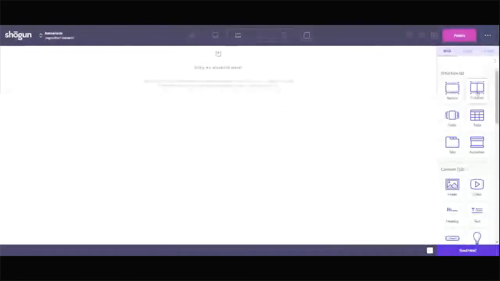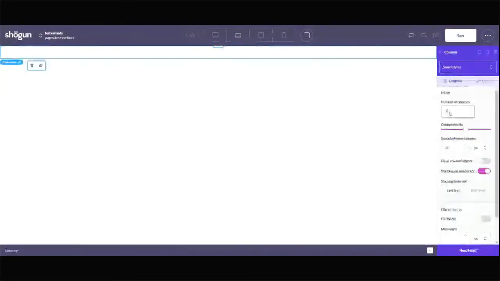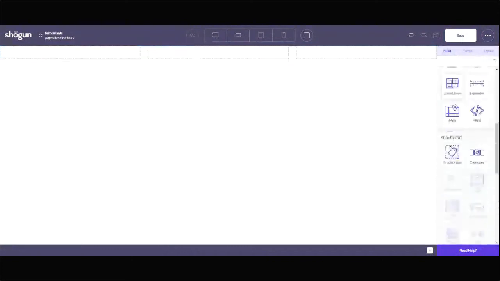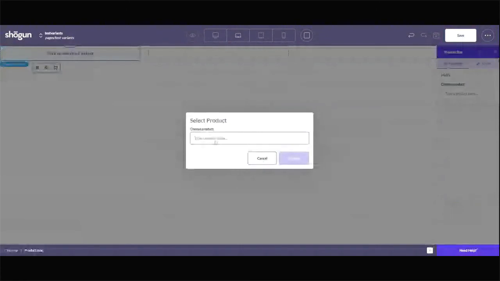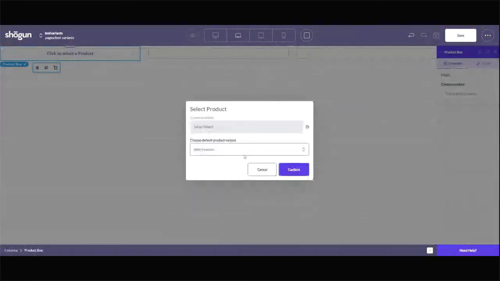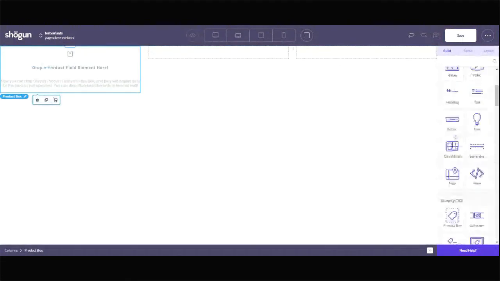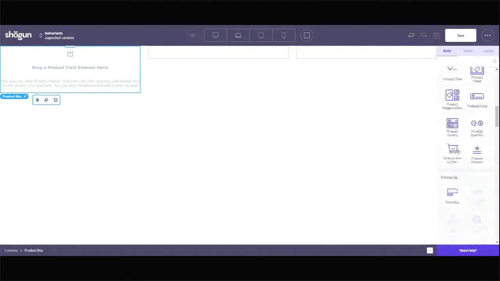Awesome. So let's say we just bring up a column, and I can give it 3 columns. And then I can add in a product box. And let's just look for products. Here we got smartwatch. Cool. There's variants. Awesome. Very cool. So we can start just with the white one. And then I can add in